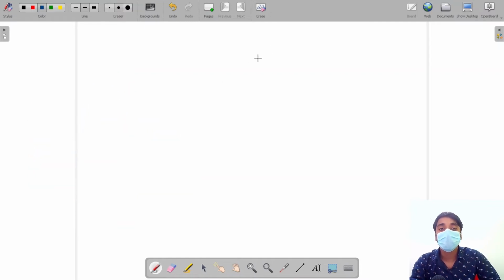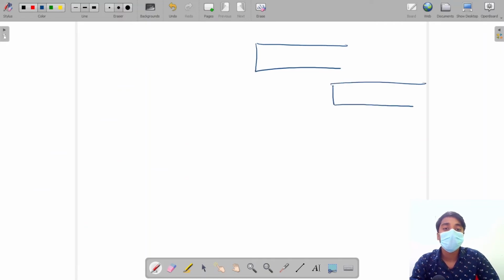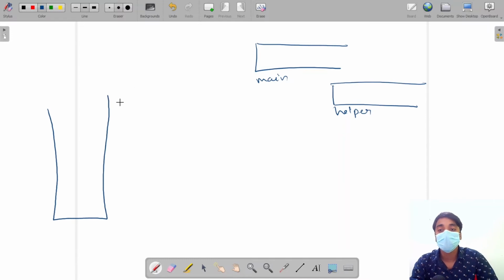In our question we are given two queues, one is the main queue and another is the helper queue. We will use these queues to behave like a stack. So this is our stack. Now if I say push 10 in the stack, it will push on the top of the stack. In the main queue, it will be added at the last of the queue.